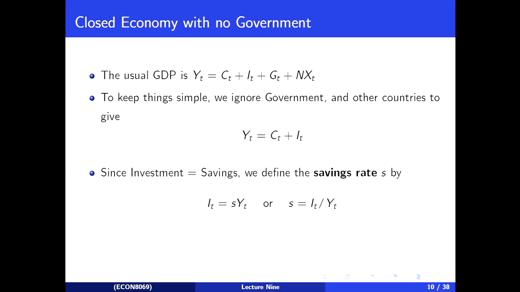And so we're going to talk about a savings rate. The savings rate is the proportion of income that is invested, or if you like, the proportion of income that is saved. So it's investment over output, or if you like, I prefer thinking of it in this way, but either way is fine. So we can talk about the amount of aggregate savings in the economy. And if we wanted, we could talk about, so this is output per person, and we could equally talk about